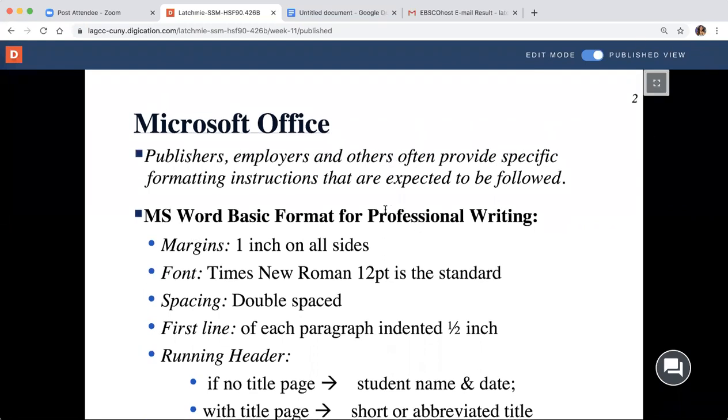Then we're just going to be formatting our pages. We're going to make sure all our margins are 1 inch on all sides, which basically should say default. Our font will be Times New Roman 12 point, and that's the standard. It will be double spaced. And then each paragraph will be indented, so the first line of each paragraph indented